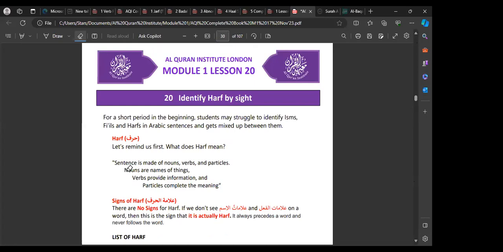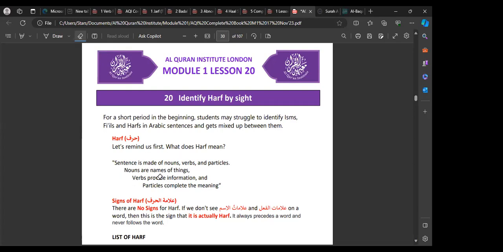First, the meaning of harf. Harf has no defined meaning. It only has a meaning in context. And that's similar in English. For example, we say, I'm going to get in the car, but you would say, I'm going on the train, or I'm going on the bus. But you don't say on the car. So depending on which vehicle, you would say in or on. So particles, harf in Arabic, is the same. It doesn't have a fixed meaning. It depends on the circumstance.